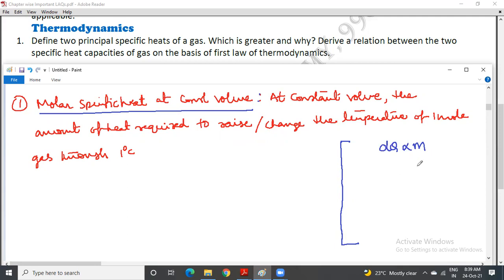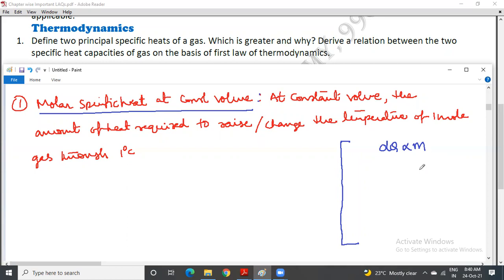I'll tell you. Suppose you take 1 liter of water in a jar. To change, meaning maybe rise or maybe fall, to raise the temperature, it takes some amount of heat. Suppose instead of 1 liter, you take 2 liters, so it takes more heat. It requires more heat for the rise of its temperature by 1 degree centigrade.